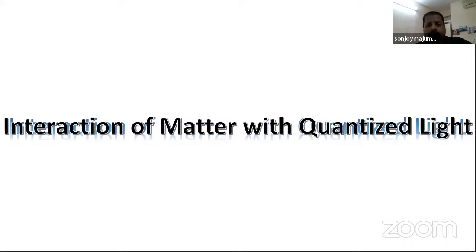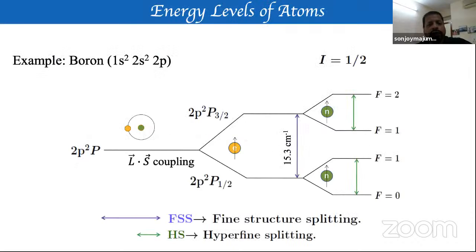For that, just briefly let me explain, maybe you all know, how the atomic structure forms. Take a simple example, like boron, where 2 electrons occupy the 1s orbital, 2 electrons occupy the 2s orbital, and 2p has only one single electron. So this energy state we can call doublet p, because this isolated electron can have both up spin and down spin.